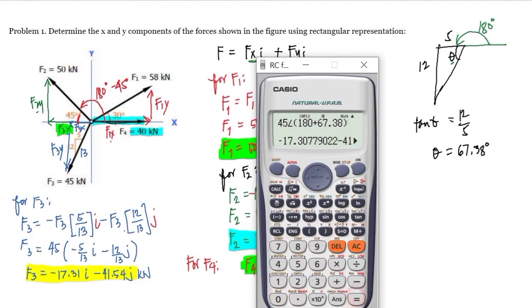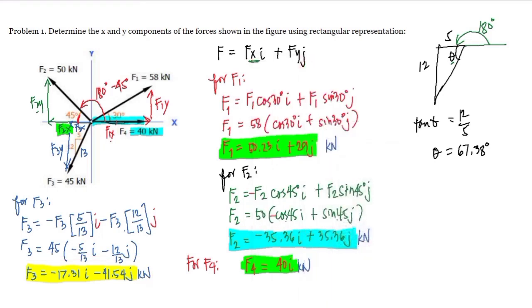And we have here negative 17.31i and negative 41.54j. And of course, for the F4, even without using the calculator, your F4 is equal to 40i since it has only the x component and it doesn't have the